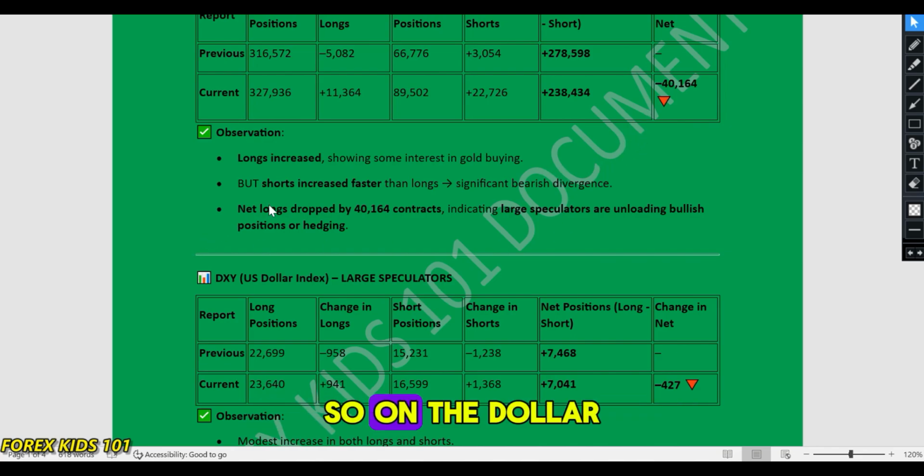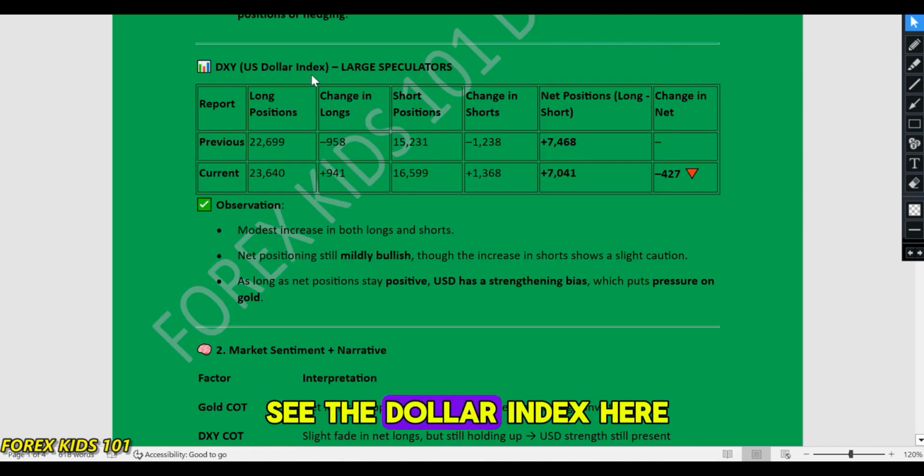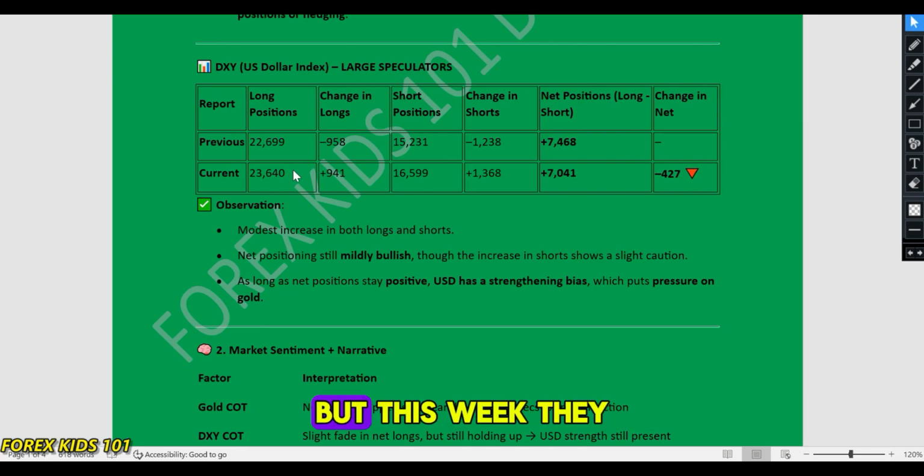Okay, so on the dollar side, as you can see, the dollar index here, the large speculators had more than 22,000 last week, but this week they have more than 23,000. We can see that last week they closed more than 900 buying position, but this week they added more than